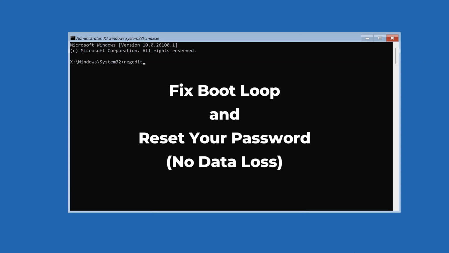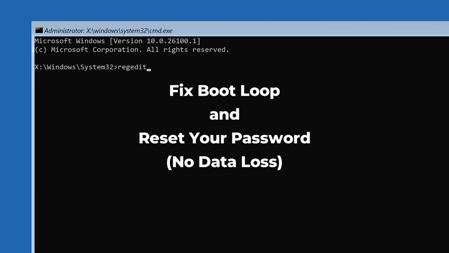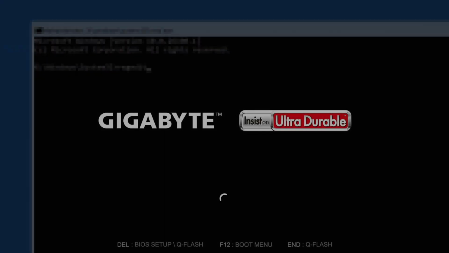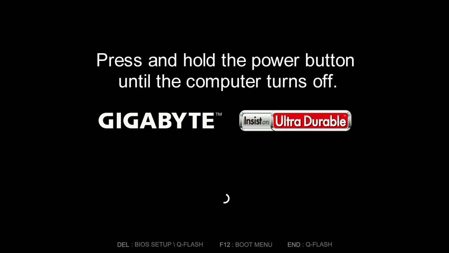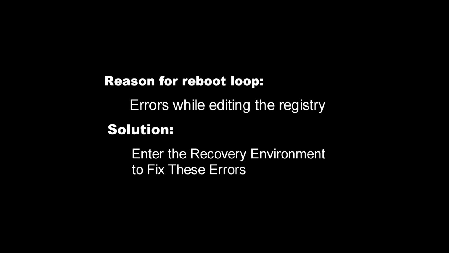If you tried to reset your Windows password through the registry and ended up in an endless reboot loop, don't worry. I'll show you how to fix this and get your password reset the right way. First, we need to force shut down the computer by pressing and holding the power button until the computer completely shuts down. The cause of an endless reboot loop is usually an error in the settings entered into the registry,